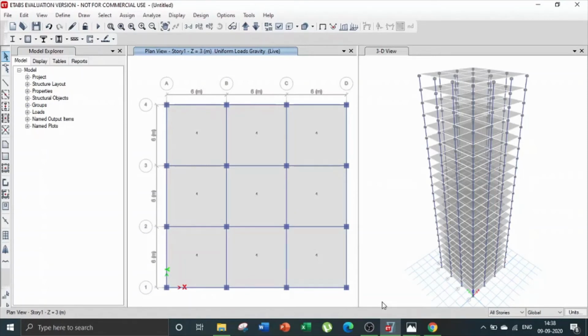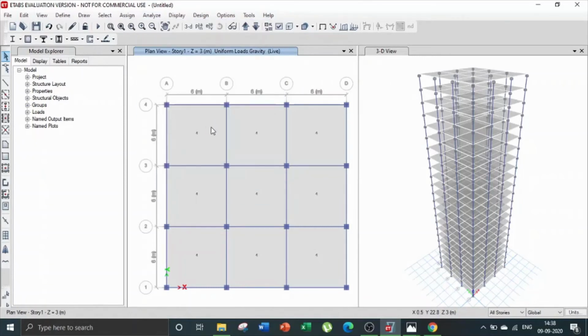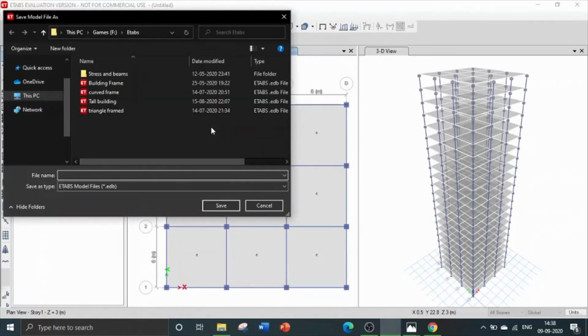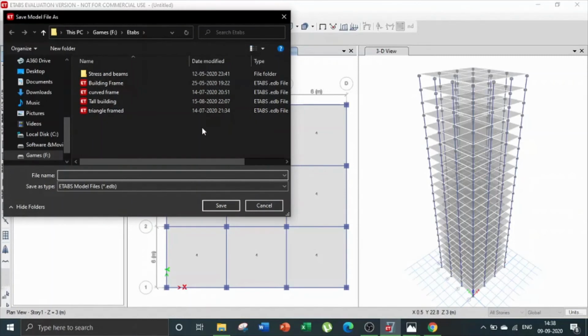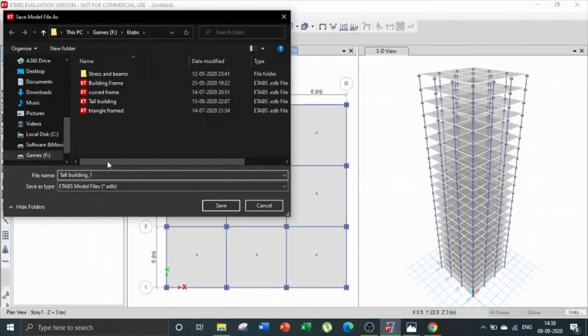Now after defining and assigning the load, we will run the analysis for the building. Click on analysis and then click on run analysis. Before running the analysis, we need to save the model. Save the model as tall building underscore 1.